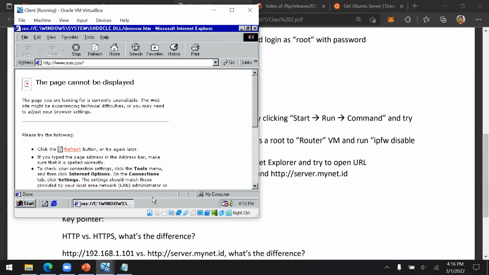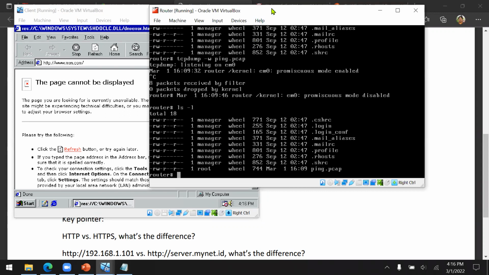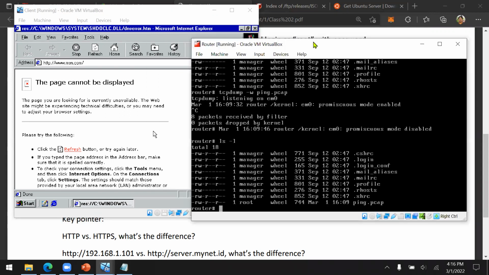the tcpdump again. So I'm still inside the Windows NT, so I need to press the right control on my keyboard. Okay, now router, and then I need to capture the packet with tcpdump -w, or write into a file called http.pcap.